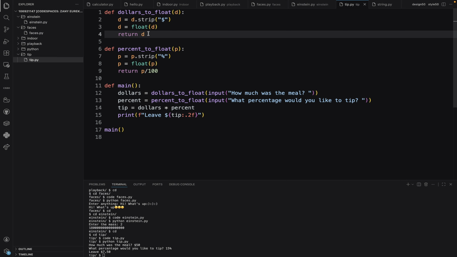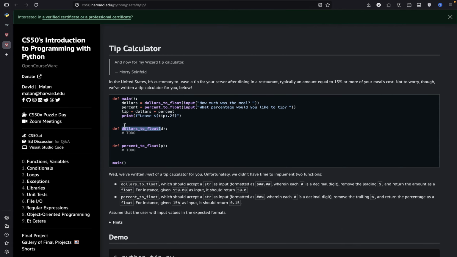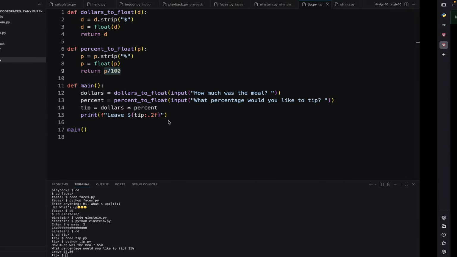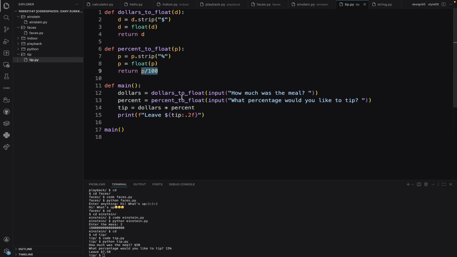So we need to return it, and return p divided by 100, because a percentage like 15% is 0.15. This is a thing that is being done by the Harvard people only, but still I'm going to explain this.